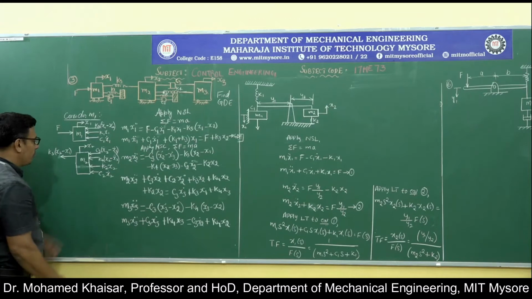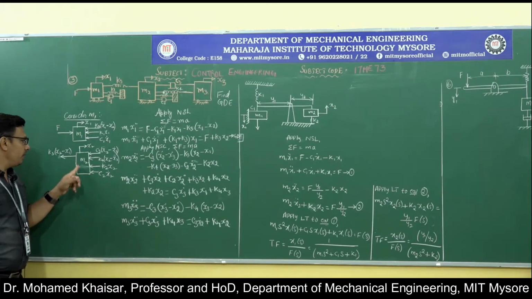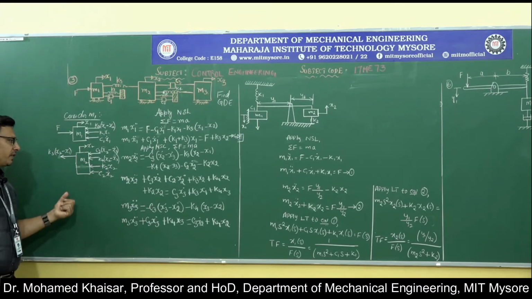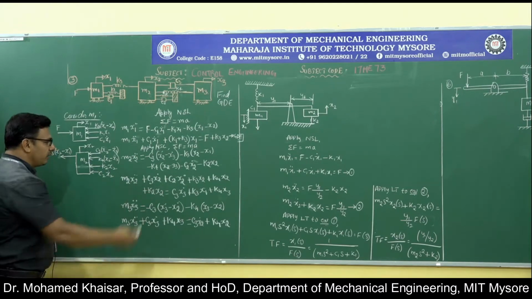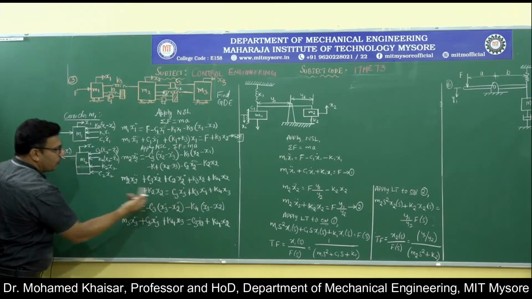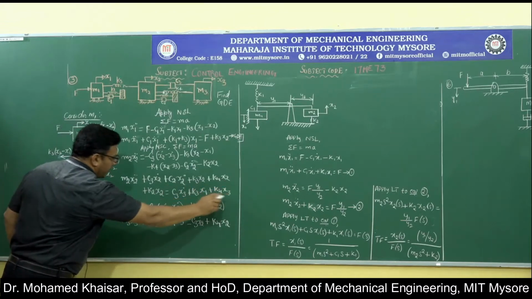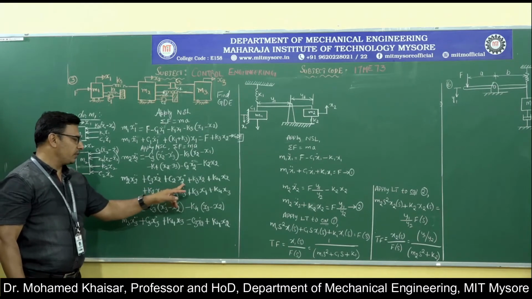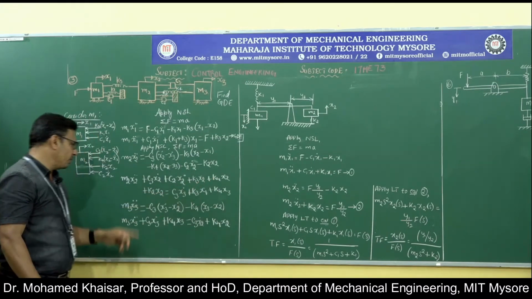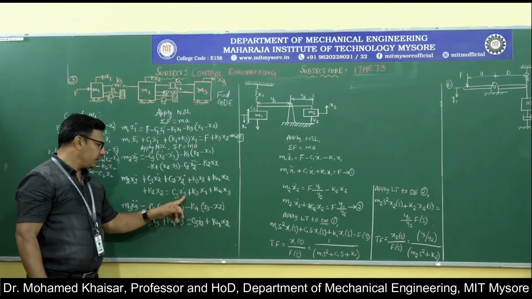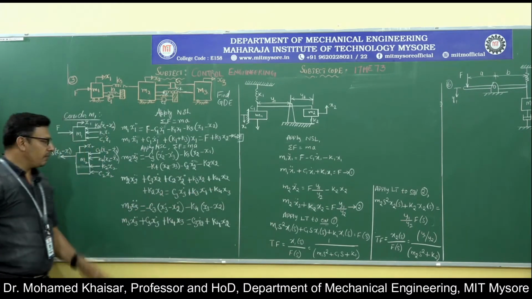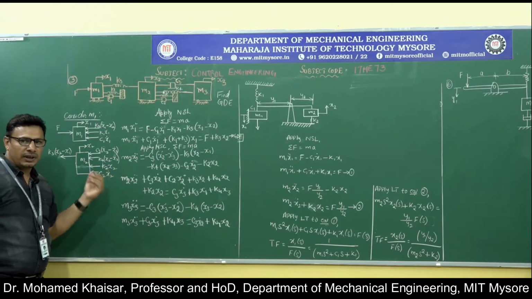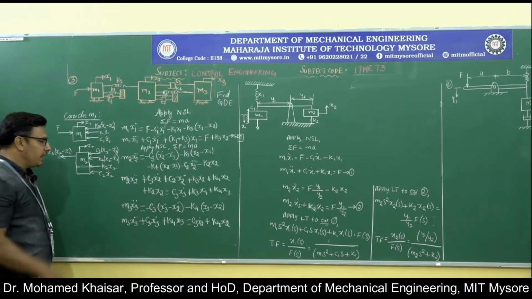Now, since you are analyzing the mass m2 with the displacement x2, bring all x2 terms onto the left hand side and retain the other terms on the right hand side. This is how we have done it from this equation. Lastly, we get this equation: m2 x2 double dot plus c3 x2 dot plus c2 x2 dot plus k3 x2 plus k4 x2 plus k2 x2 equals c3 x3 dot plus k3 x1 plus k4 x3. It is the same equation, but all x2 terms have been moved onto the left hand side and the rest retained on the right hand side.